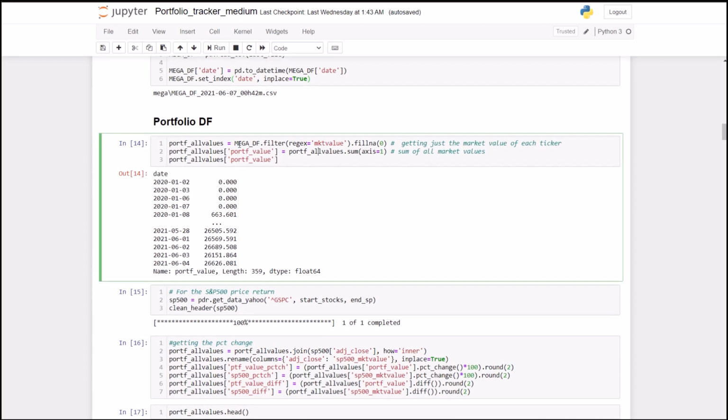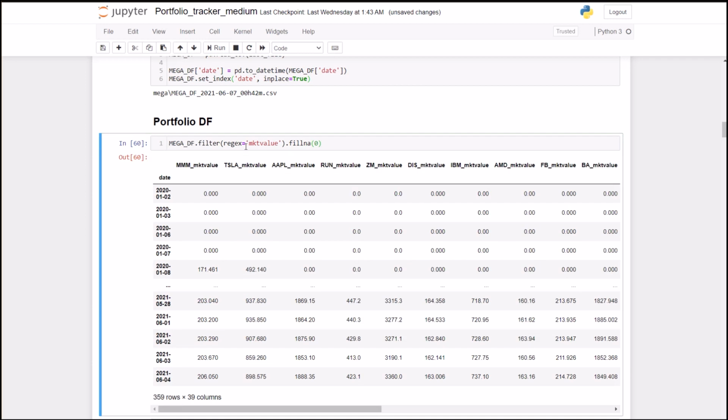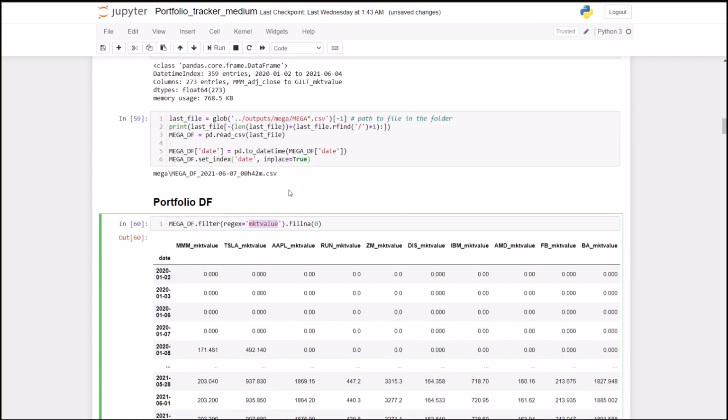Let me grab this bit right here, and let's see what this is. So I'm using the data frame that we saved and then loaded again, and I'm using the filter method with a regex value. The regex is going to search in the column names, and it will give me only the column names that include market value. And if you remember,